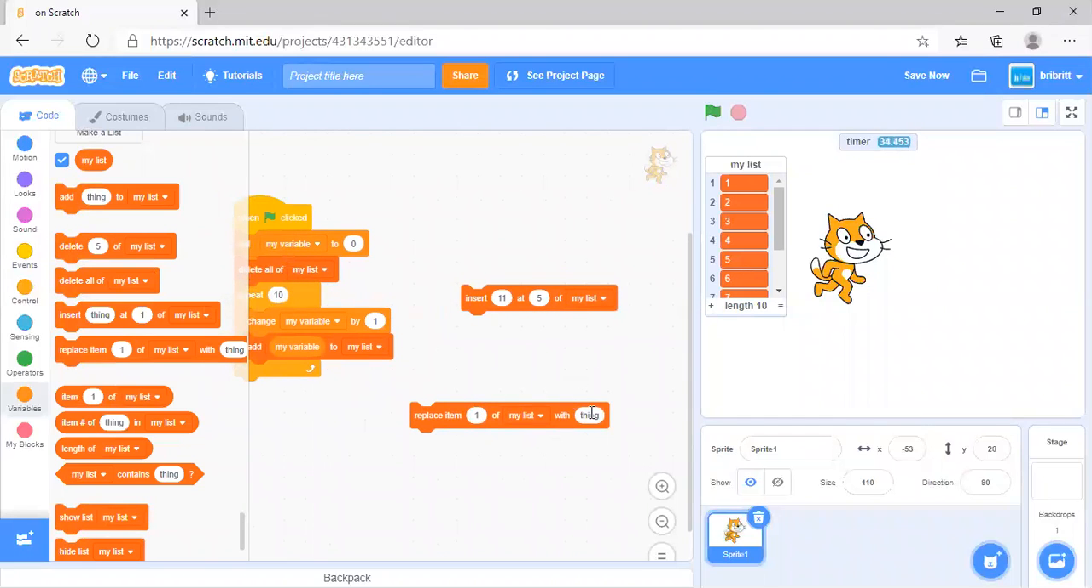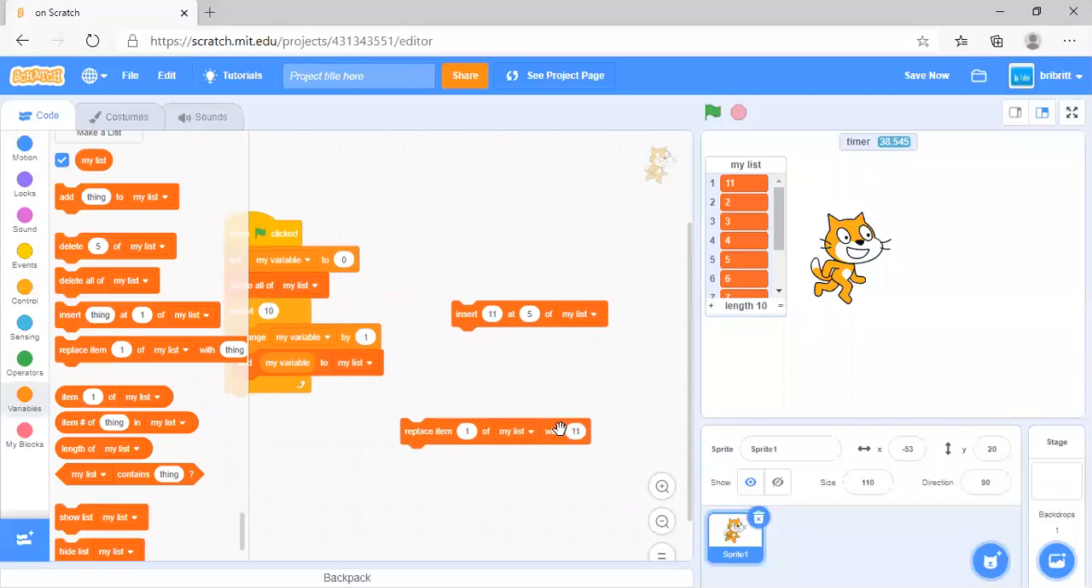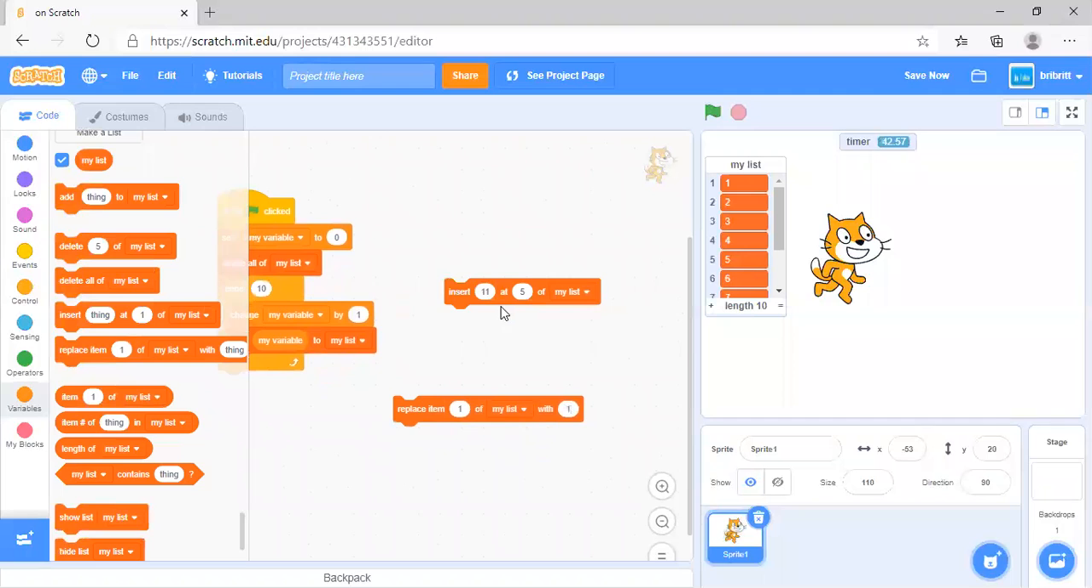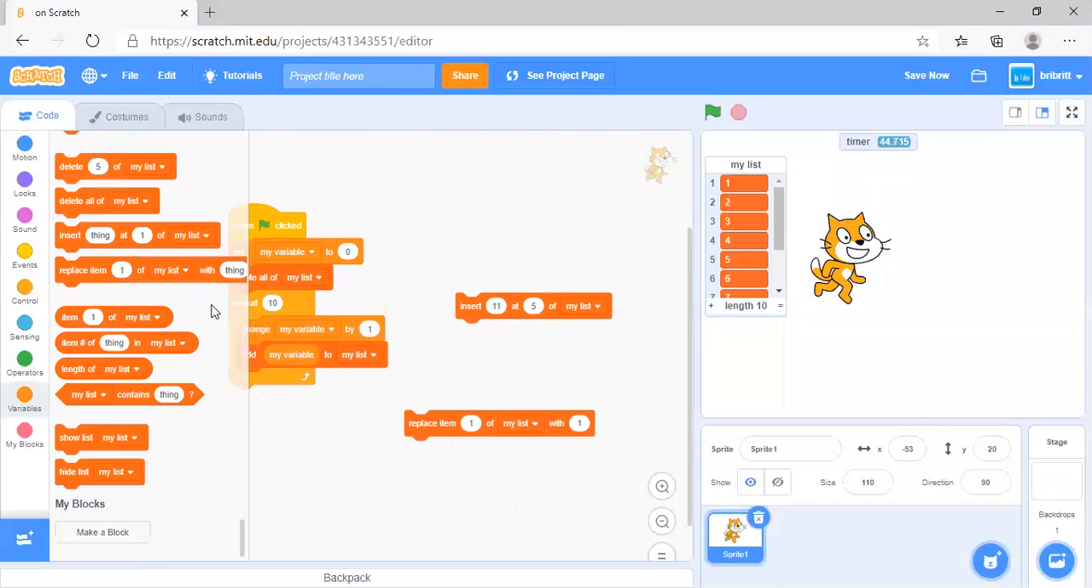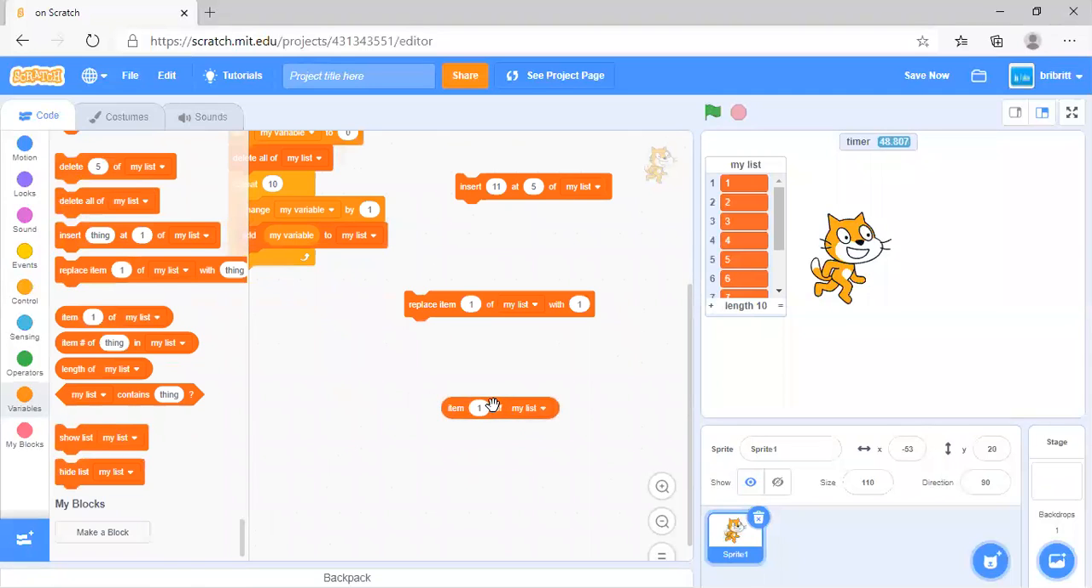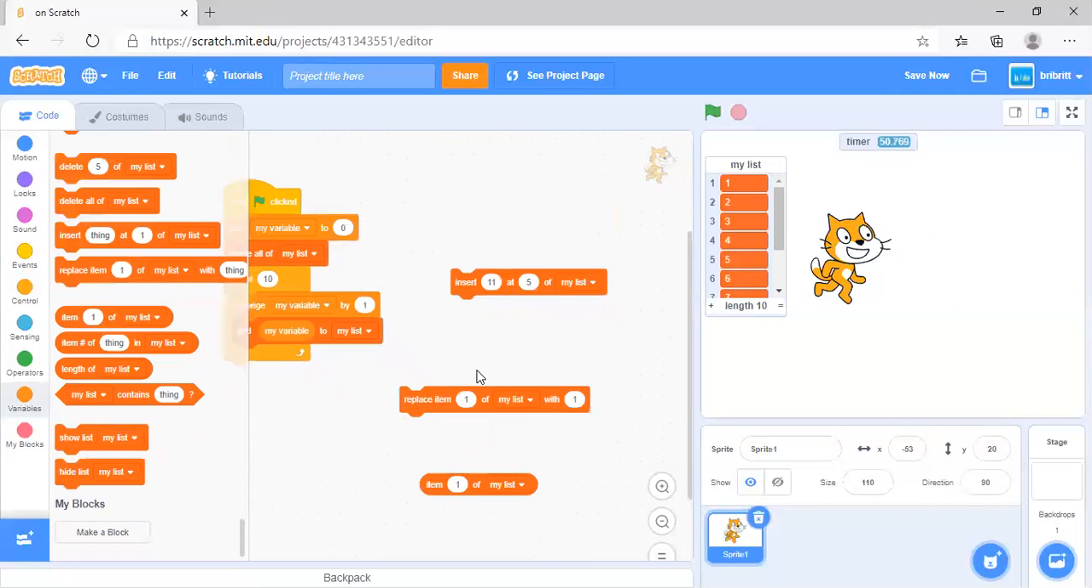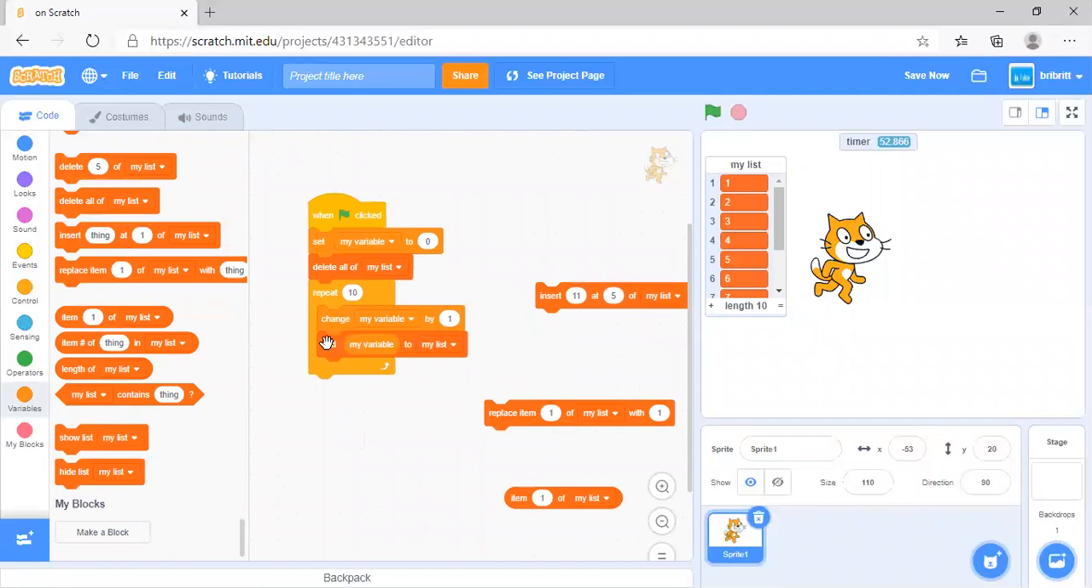For example, we can replace the 1 over here with 11. Now this 1 turns to 11. Now let's replace it back to a 1. Now we have item number of my list. Anyway, for now, we'll just